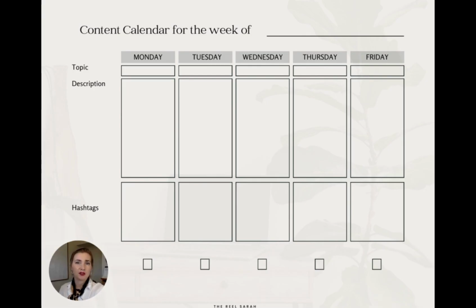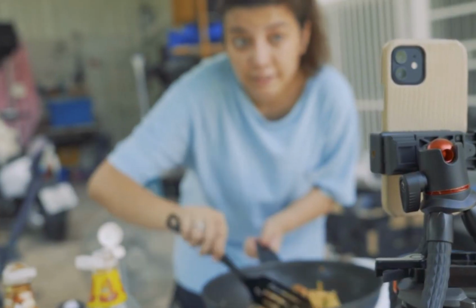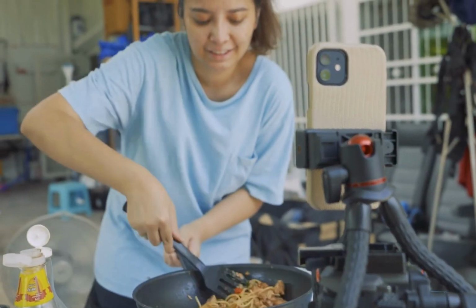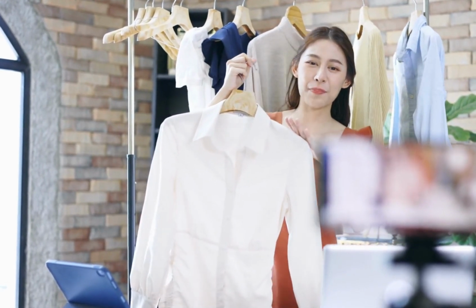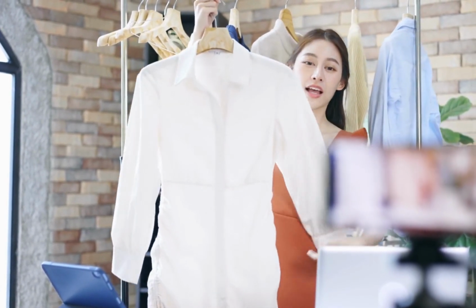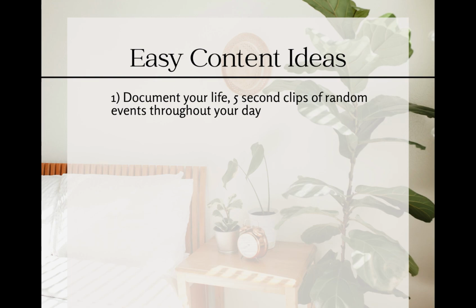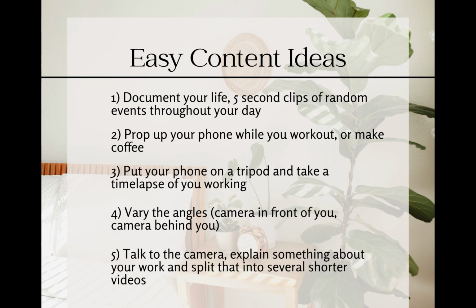If you make this content calendar for yourself this month, all I want you to do is take video of yourself doing what you do. Just document your life. Don't worry about transitions or effects or trends or anything. Just document your life, okay? This could be you propping up your phone against your water bottle while you do your morning workout. Maybe you hopefully have a tripod. This could be sitting on your computer and you put your tripod behind you with your phone recording you for a short time. That's all you have to do. And so if you're just getting content of you doing what you